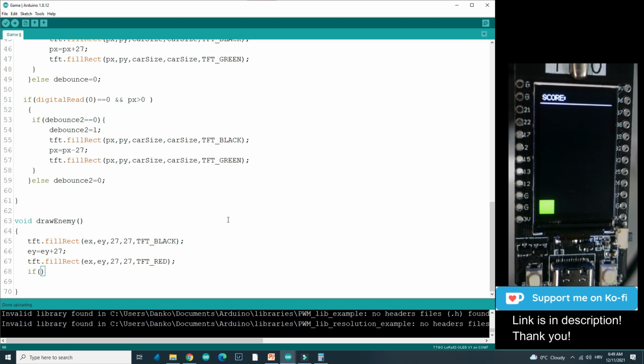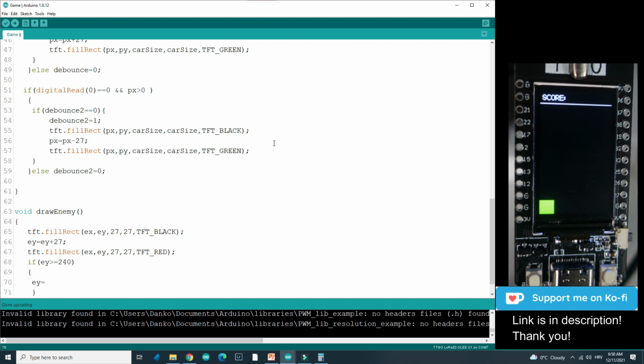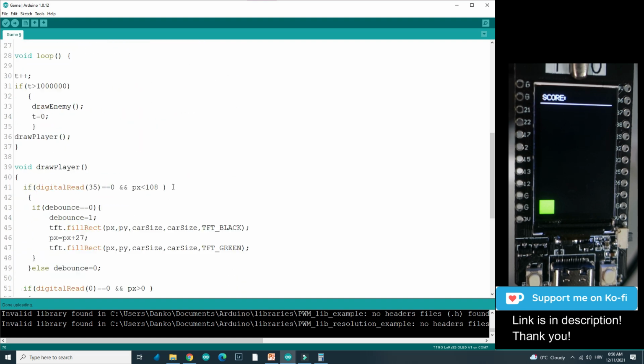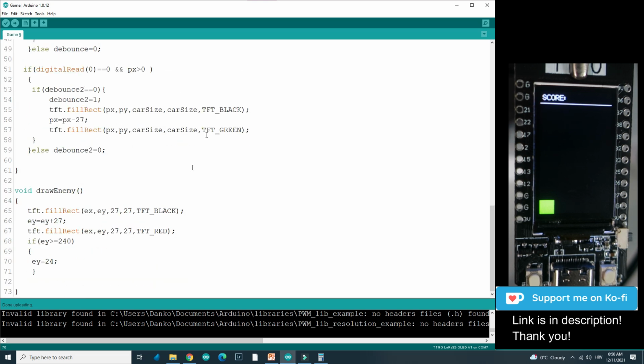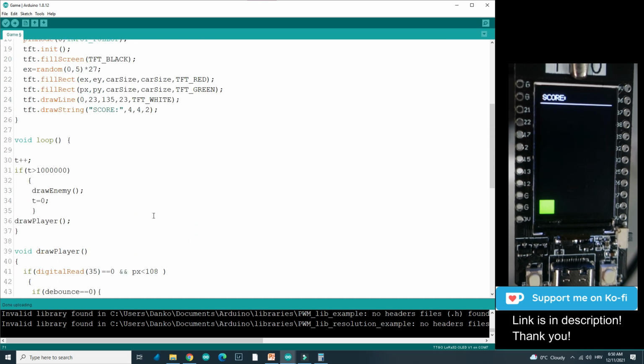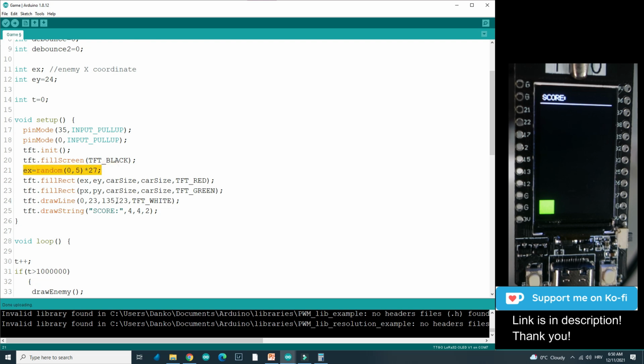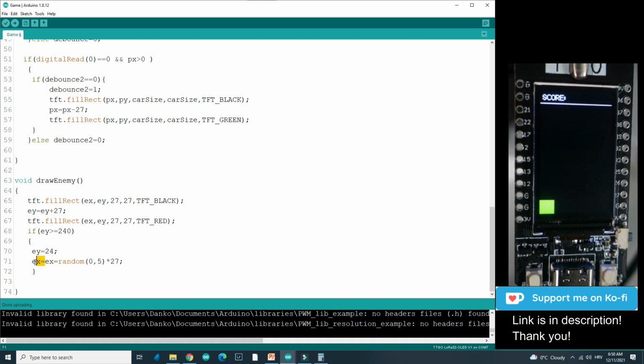If enemy Y is bigger or equal 240, enemy Y is our beginner coordinate 24. And enemy X is again, I will copy it from here, random X position, and